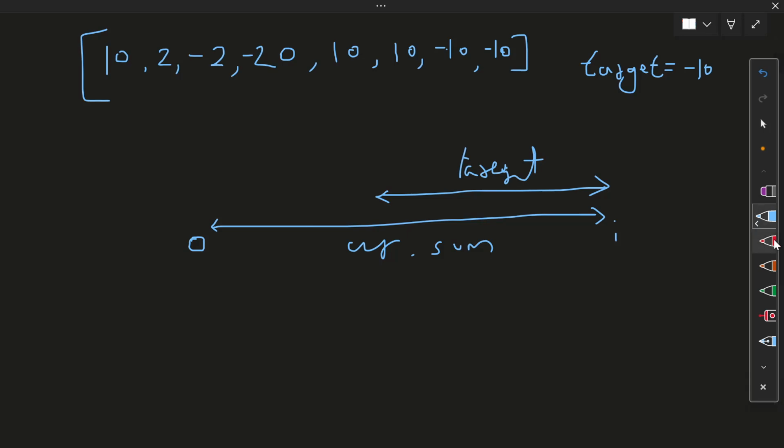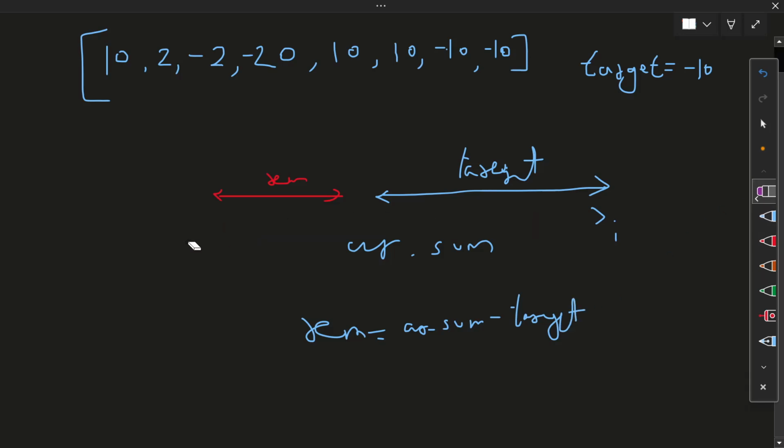If this remainder is there in a subarray, it means target is there. If the remainder is there, it means target is also there. So that's why remainder plus target is equal to current sum. So what I mean is, we need to find remainder which is equal to current sum minus target,